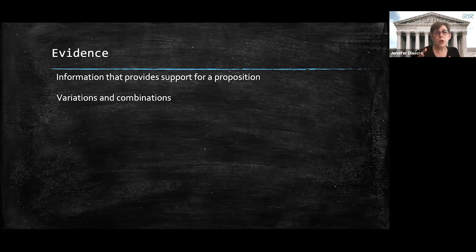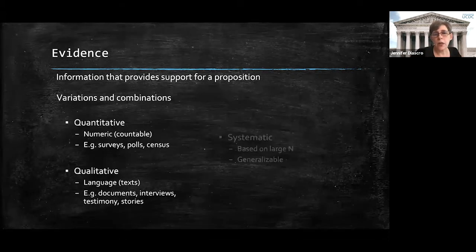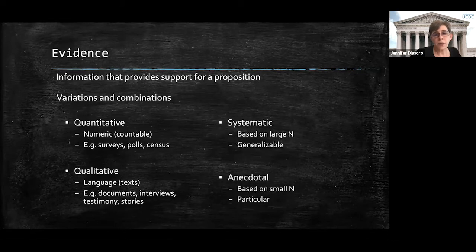There's a lot of creativity in the way we identify evidence, and then also how we put it together to make our puzzle. So I'm just going to throw up these categories here. There's a lot of different ways to think about how to categorize evidence. This is just one way of doing it, but this is usually the way my students in my class think about evidence. It gets to kind of broad categories within these. But like I said, there's a lot of different ways to do this.